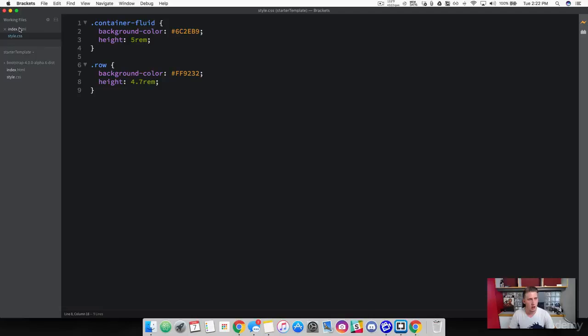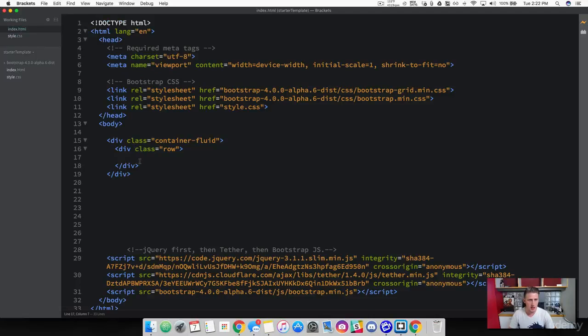Now let's talk about columns here. All right, when we're working with rows, columns are the only element that can be an immediate child of a row, okay? You can't put anything else in a row before you start with a column. You have to start with a column to put content in it. Columns are the only class, the only element that we can use here to add our content to, okay? If you try to put stuff inside of rows, it's not going to flex properly with the grid system that